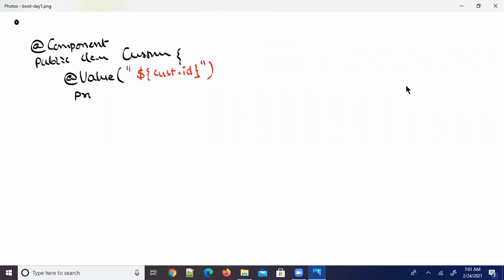Okay, private int custId. This variable name, customerID or custID, can be any. This is a value type dependency.